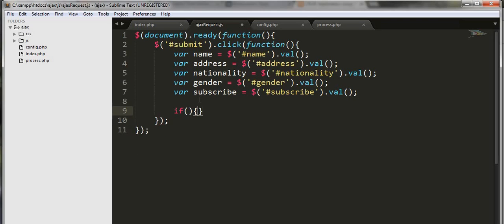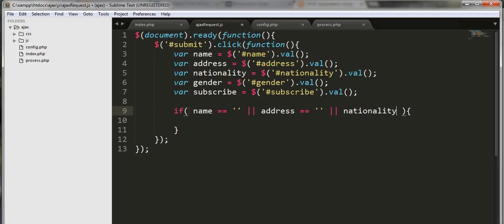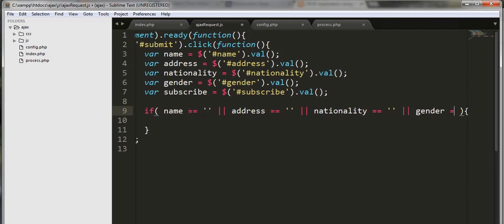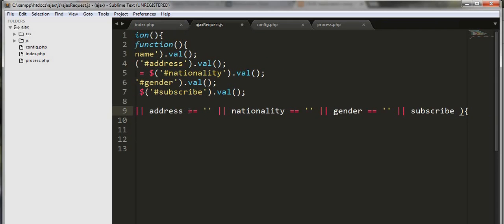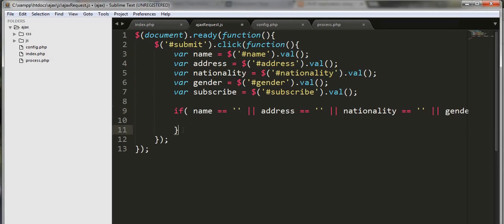If name equals to null, or address equals to null, or nationality equals to null, or gender null, or subscribe equals to null, then we should display them a message